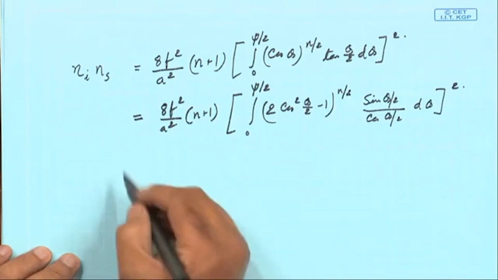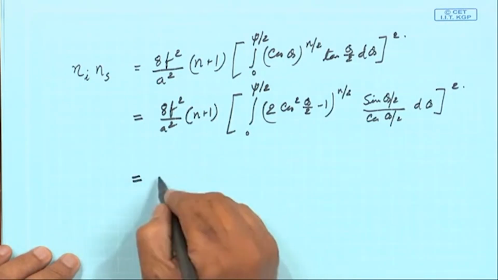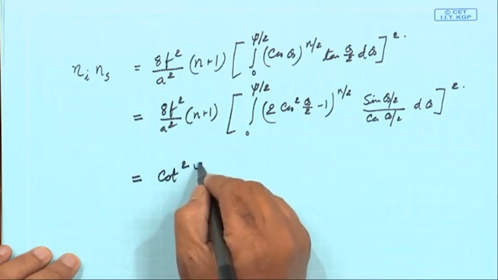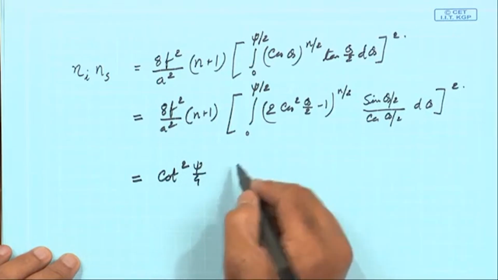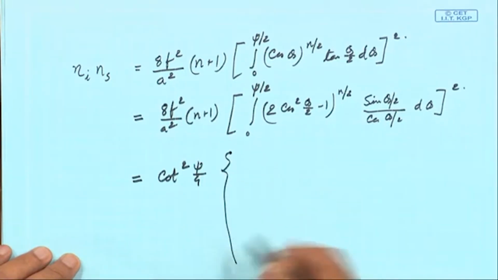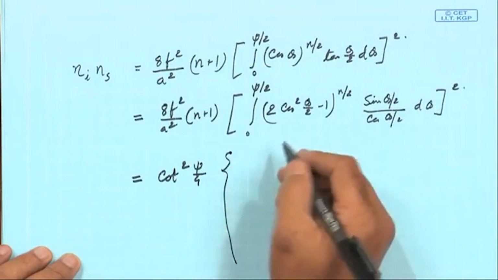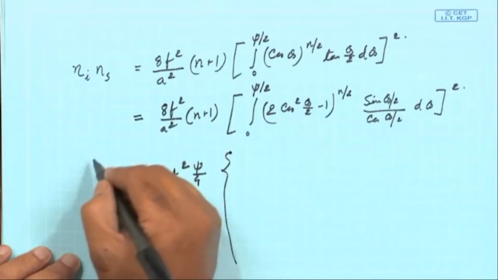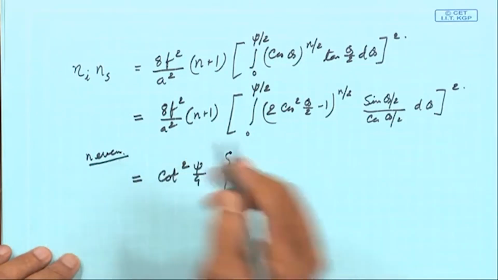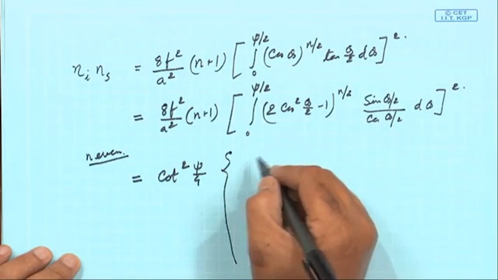So, this can be written as cot square pi by 4, and its value people have evaluated. So, only for n even this is non-zero. So, those values are: